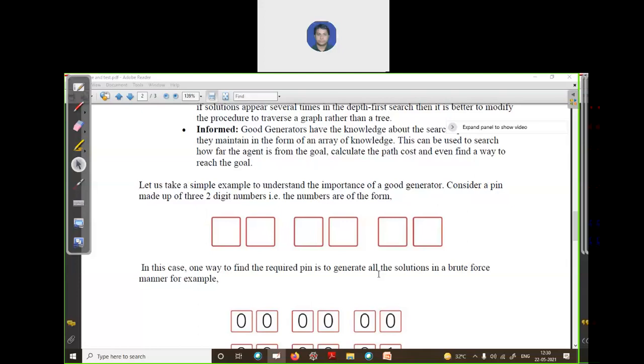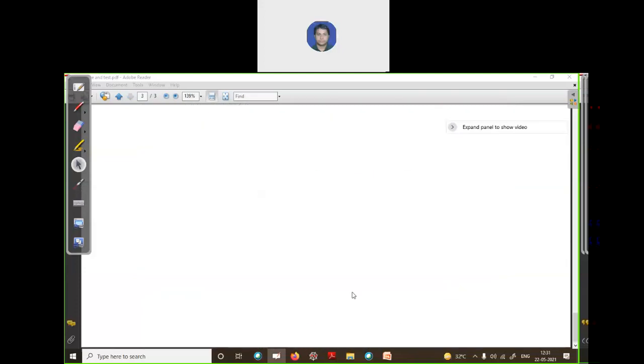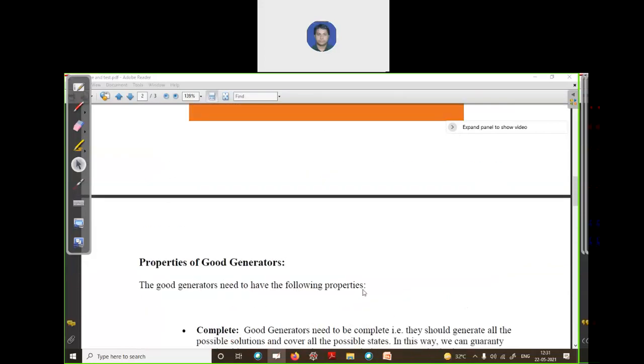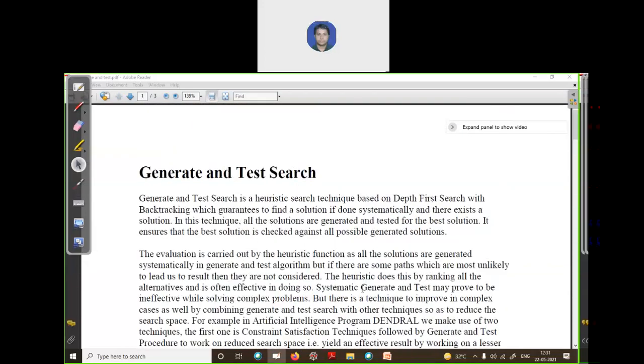Now when you create one combination, let's test it. Is it your key? If it is not, then apply the next combination and test it. Is it the key? No, again you apply the next combination. Then you test. You will follow this technique until you reach your solution, meaning ultimately you find the key you are looking for. Is the generator and test technique clear?